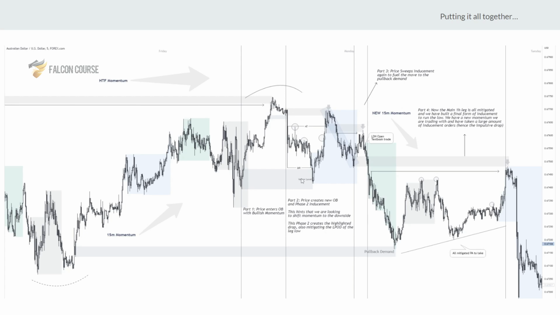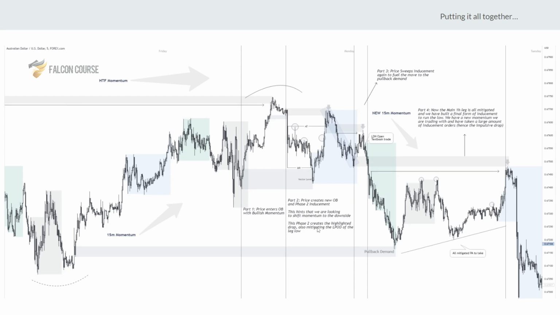With phase 2 inducement. So after we react to that vector level, we create kind of that trend line inducement here, but we got that top level, the end of that mitigation cycle, and that's our phase 2 inducement there. This hints that we are looking to shift momentum to the downside. So, objectively what's happening is we're mitigating demand in this leg so we can target something lower. So this is our last point of demand until this point of demand. So prices can essentially run to this point after we've been able to take out and induce those buyers, okay?